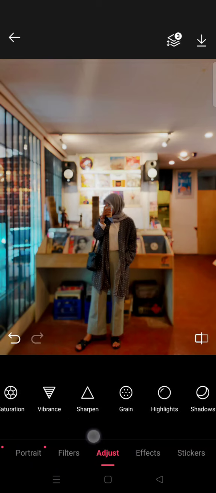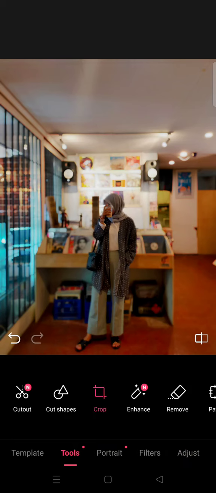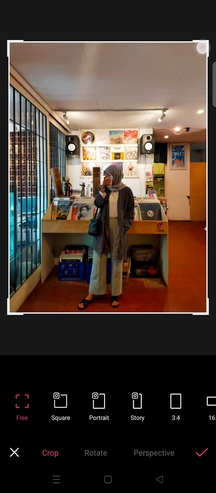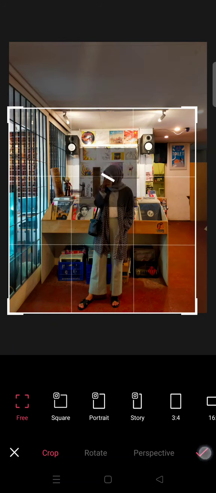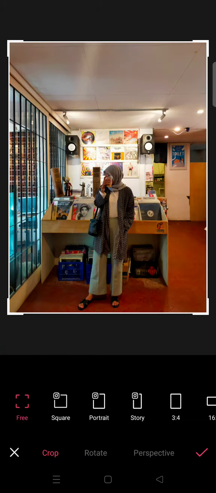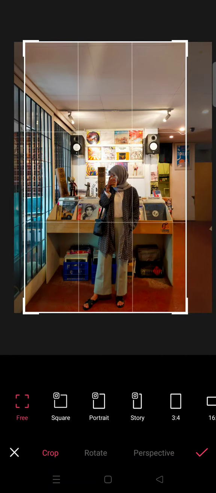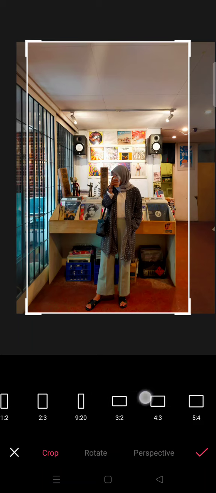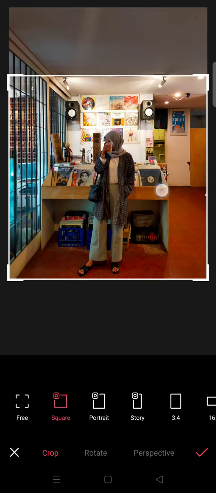and if you want to crop the photo you can do just that. Going to tools and then crop. Okay, I'm going to crop the photo like this. Okay, I think I'm going to just crop it into square like this,